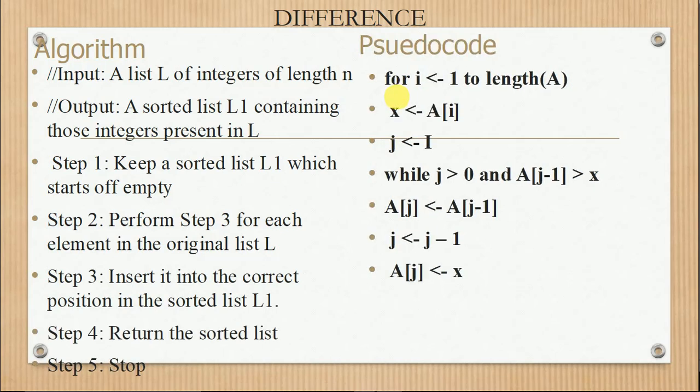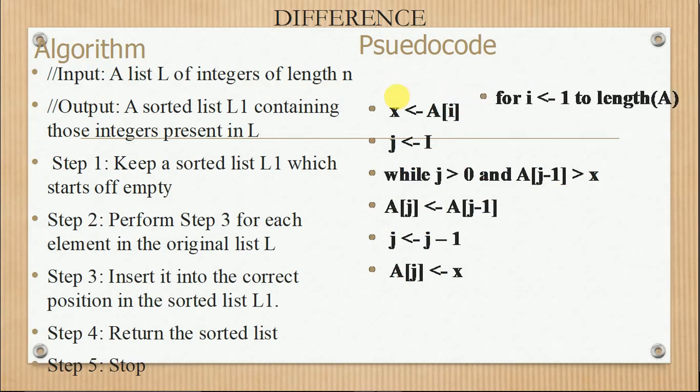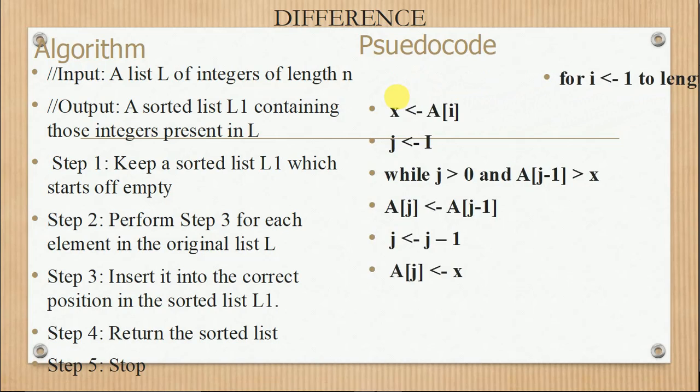Then return the sorted list and stop the execution. And now similar problems can be solved using pseudocode. So first we are identifying from the first element to the length of A, because in this algorithm they have taken